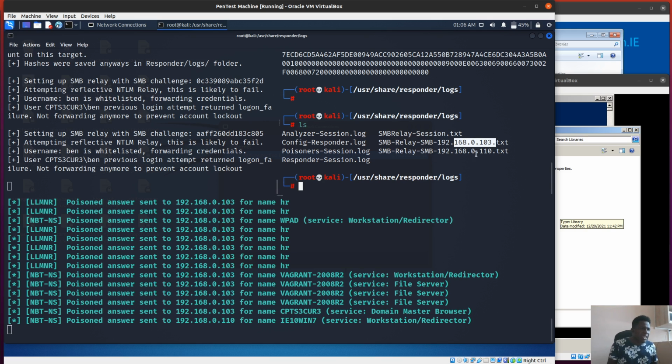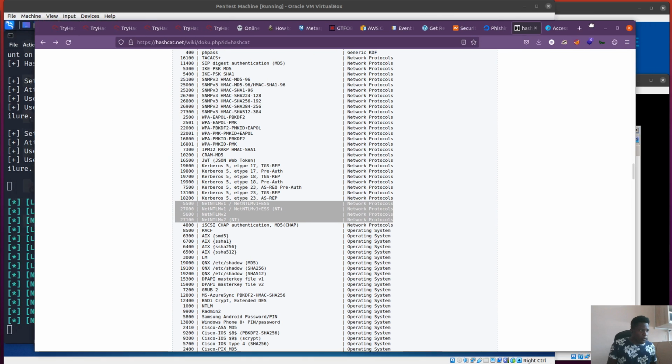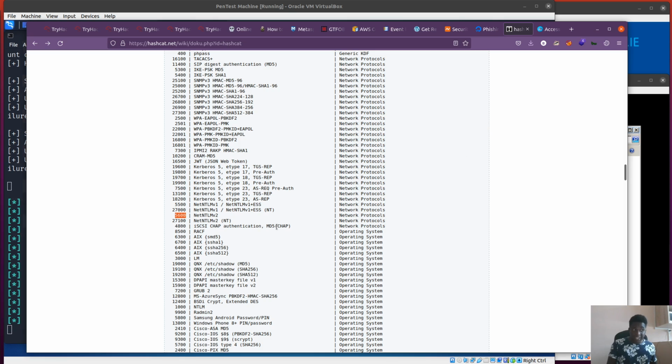And from this point, we can take this hash. You may be wondering how to crack a hash like this. I'm just going to show you something. Just give me a minute. I'm looking for the hashcat methods. Okay, great. I'm going to bring up that browser. So that hash is actually NTLMv2, so it's got the hashcat method 5600. If I'm going to crack this, I can use hashcat with mode 5600,